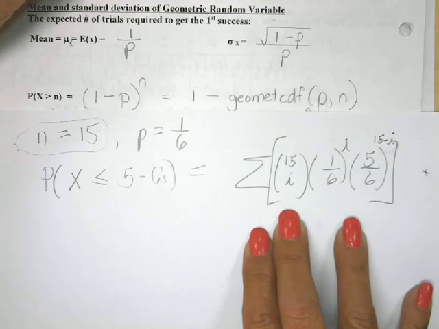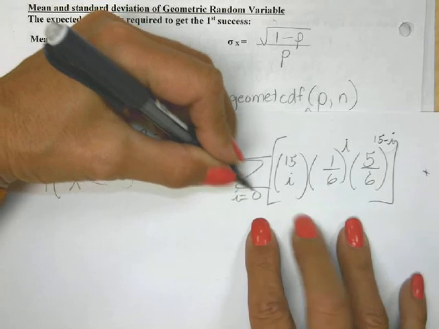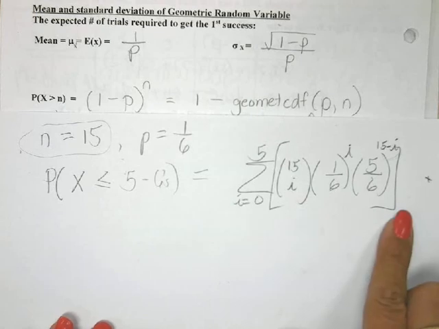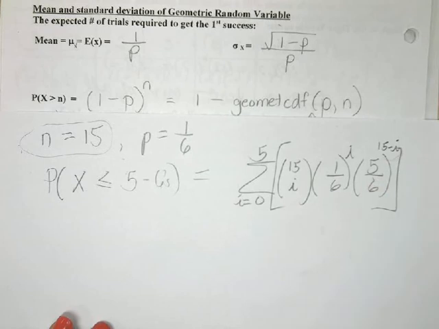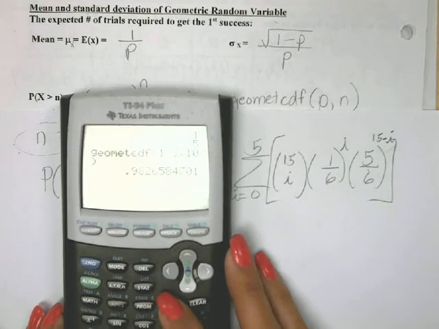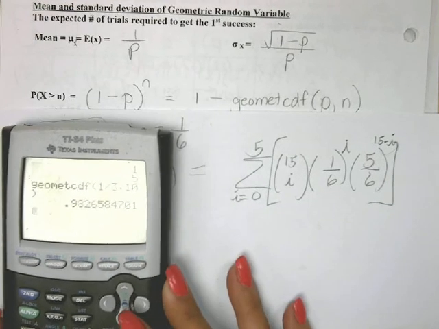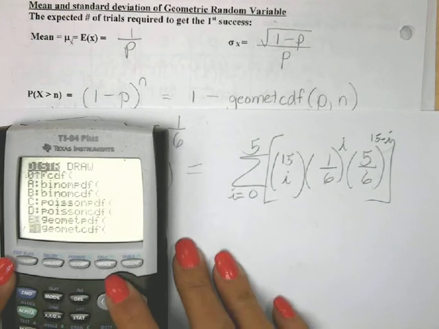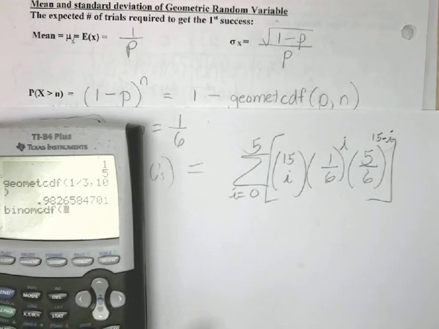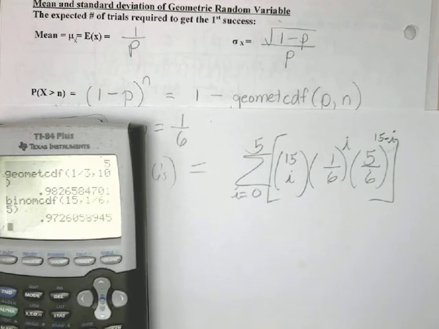And so if I let this go from having no 6s all the way up to 5, this allows us to find the probability of a whole bunch of events. Now, writing in that notation doesn't make it easy to find. We really like to have this button. If I have the binomial CDF button, I can plop that in and have the 15, 1/6, 5, and that will accumulate and add all those probabilities up for us.